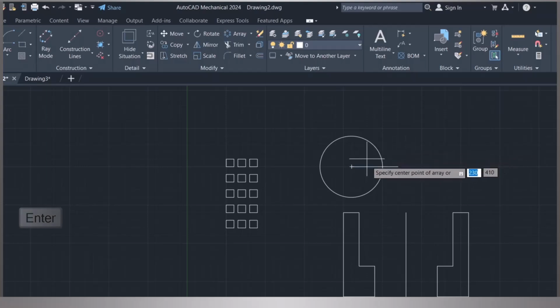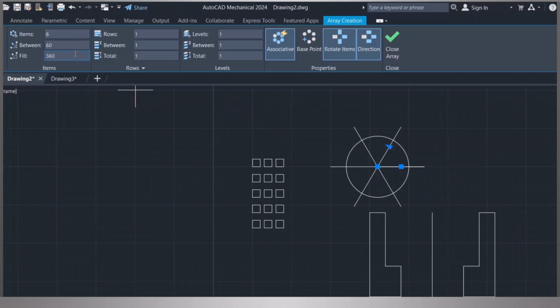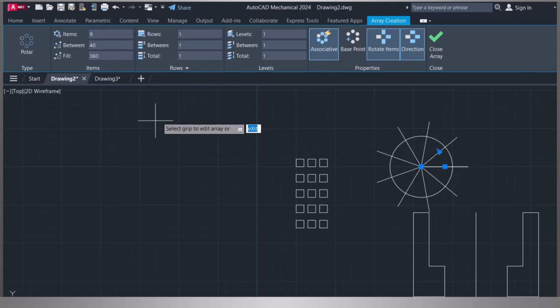Now it has to specify the center of the circle, and then I have this. The number of items, I have 6, angle between is 60, so I can change this to 9, and then recalculation will be done for me. Number of rows is 1. You can decide to increase the number of rows and so on,